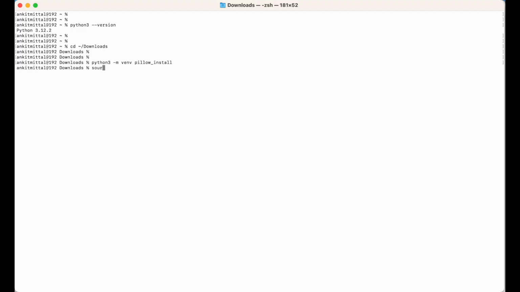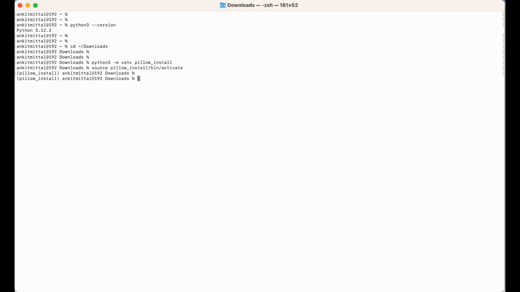I will say source Pillow_install/bin/activate. I will hit enter now. As you can see, we have got this Pillow_install written at the left side. So it means this particular environment is activated now.